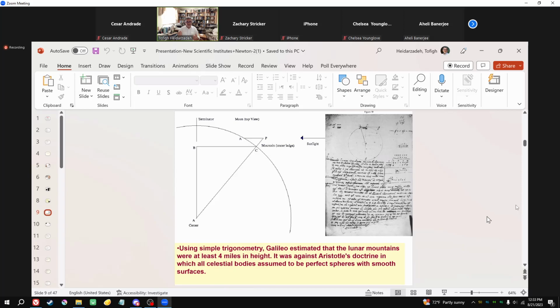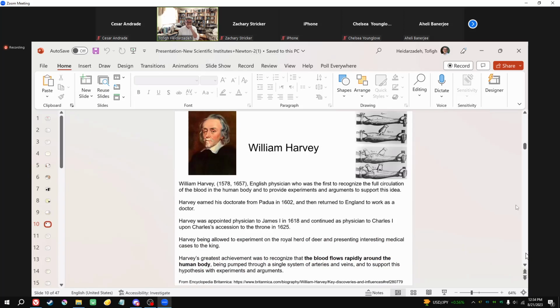Vesalius started a new anatomy, though his idea was completely based on Galen. His attempt was to create a modern version of Galen by having very accurate measurements and very accurate observation of the human body and human organs. And for the first time, he created a very realistic book of the anatomy of human beings by dissecting and analyzing